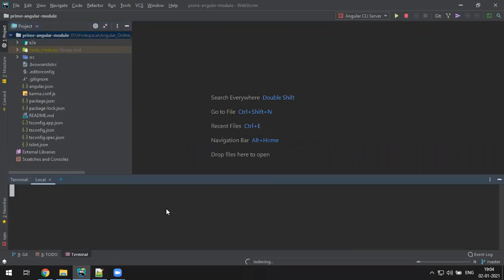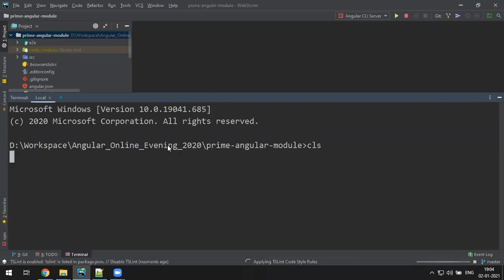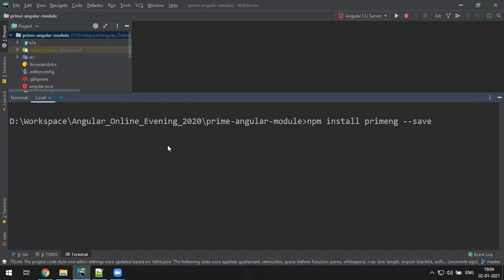Go to terminal. It's a fresh project, so it will take some time for indexing. Still indexing.